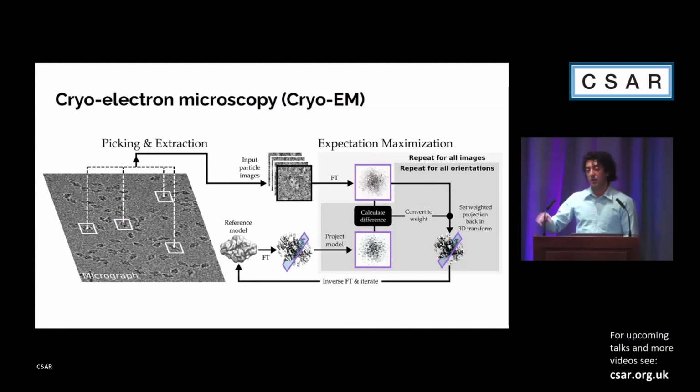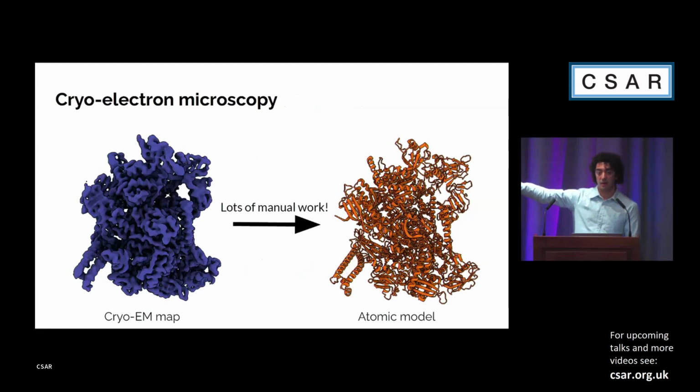At the very end, you get a volumetric representation of your protein that looks like that on the left. You might get within 3 angstrom, 2 angstrom resolution, very, very high resolution. But that is not exactly an atomic model of your protein. It's basically a blob that is the result of your atomic model being projected onto the